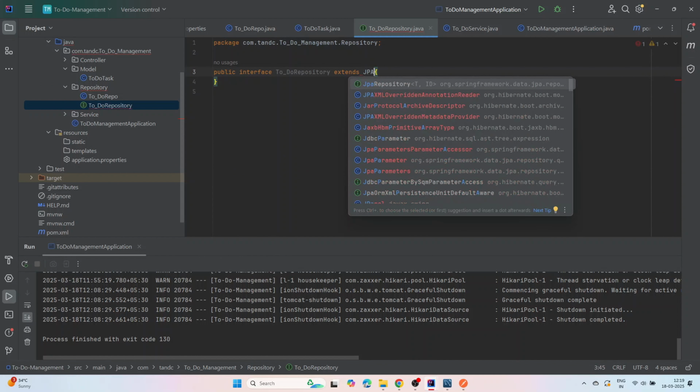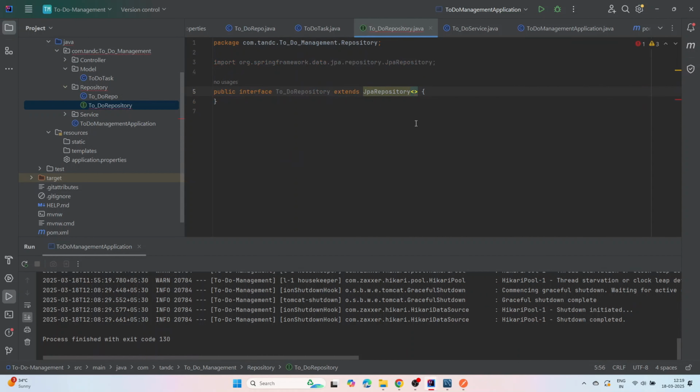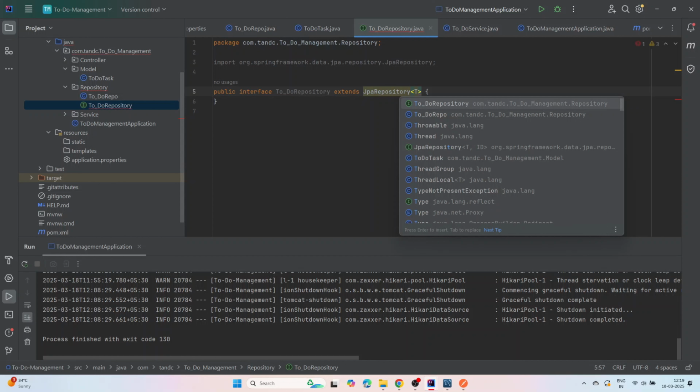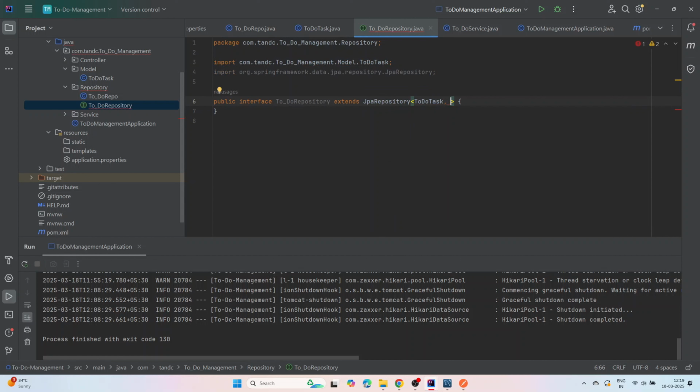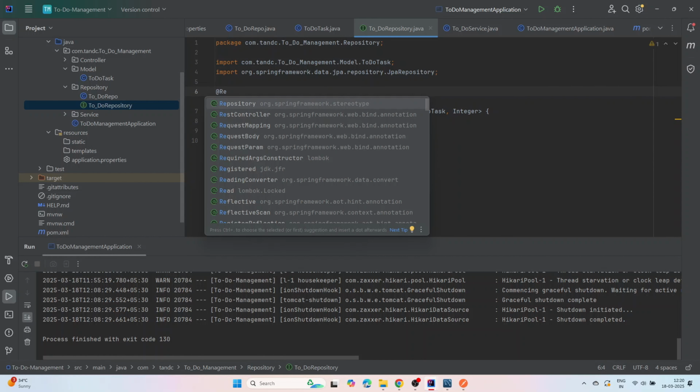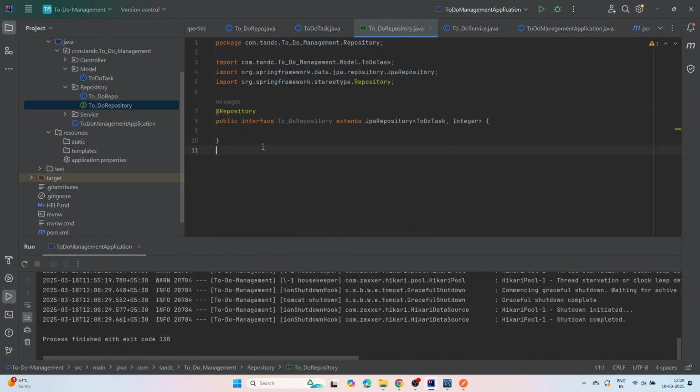JpaRepository. So for the JpaRepository, we have two parameters. One is the class name, which is ToDoTask, and the second one is the data type of the primary key of the table. Let's say int. It is giving some error, so let's change the type to Integer. Okay, that's fine. And now we will give the @Repository annotation on top of this interface,